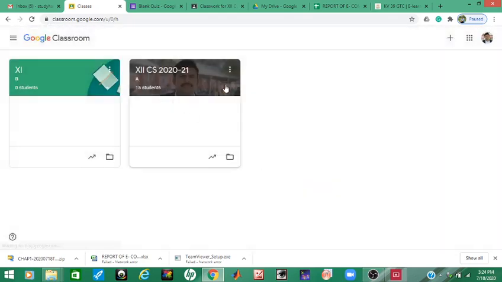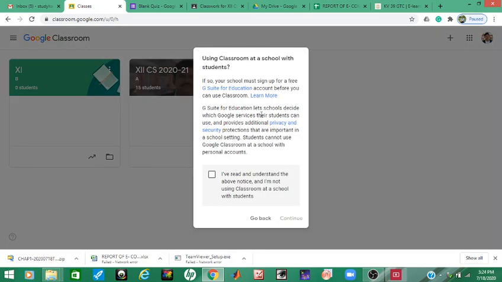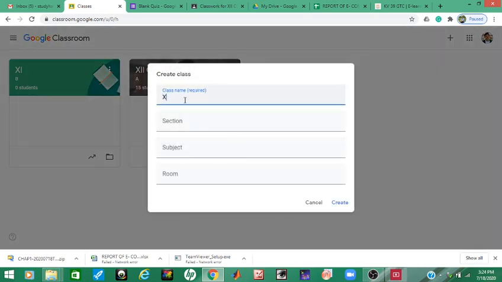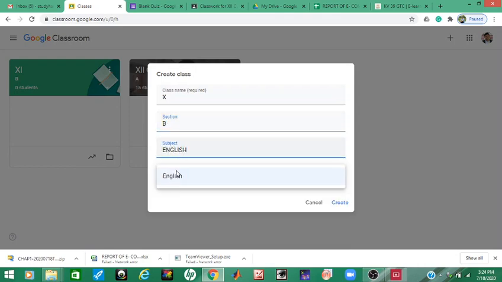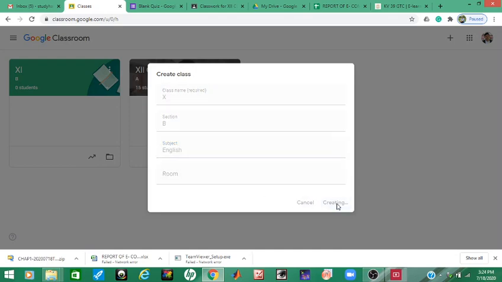Then, okay, suppose class 10, section B, subject is English, and then the create option, create. Now one virtual classroom will be created.